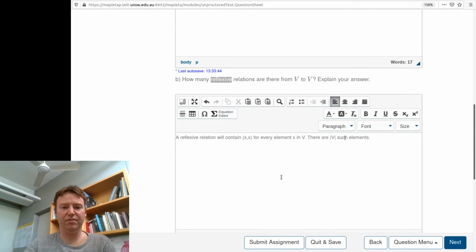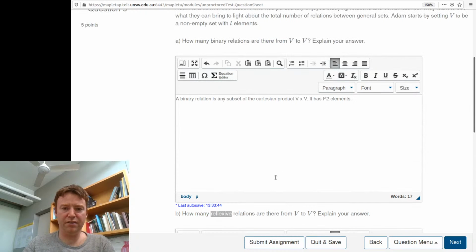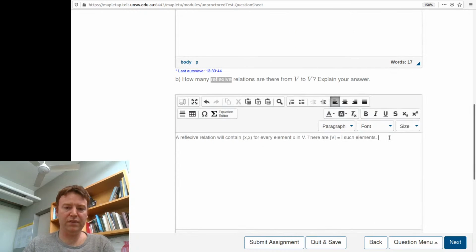It's L, right? Yep. There are L such elements in the relation. So there are L squared possible relations,